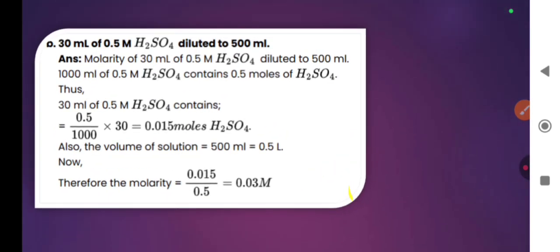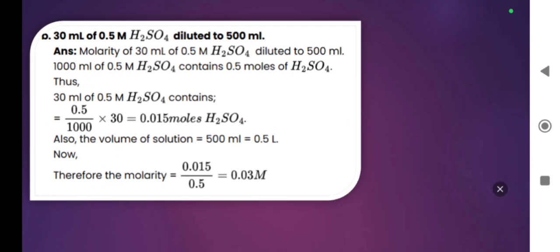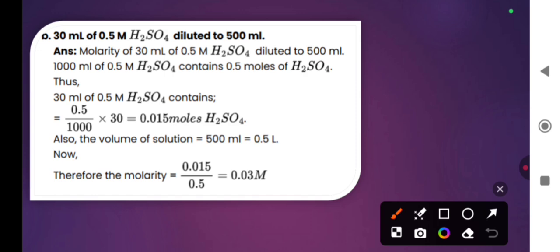Now the next numerical, the second part. Again you have to solve the molarity here. Okay, molarity. So how can you solve it? 30 ml of 0.5 molarity H2SO4 diluted to 500 ml. Okay, this statement is given to you. Whenever this type of question is asked for dilution,